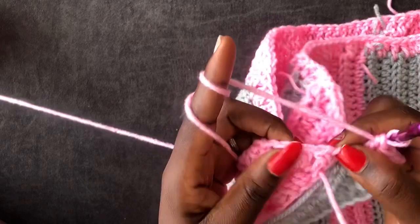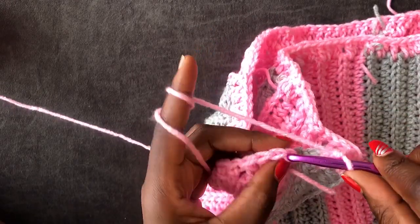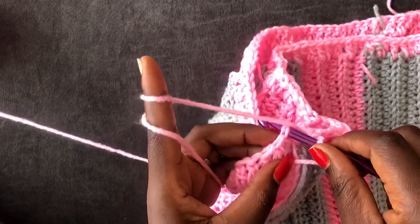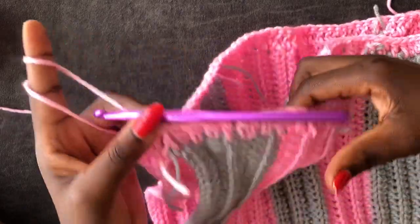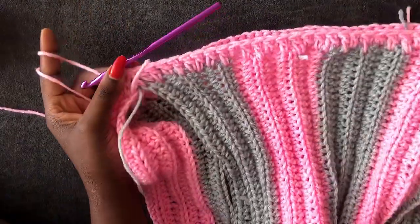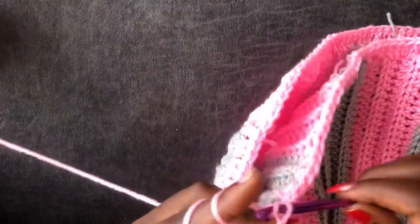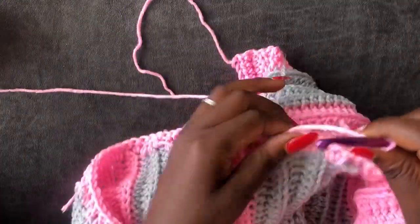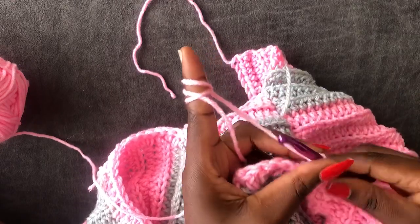So I've reached the end of the double crochets. I'm going to enter in this loop on the 3rd of the end here and slip stitch like that, then chain 1, 2, 3, turn your work, and then with the front and back post stitch, you